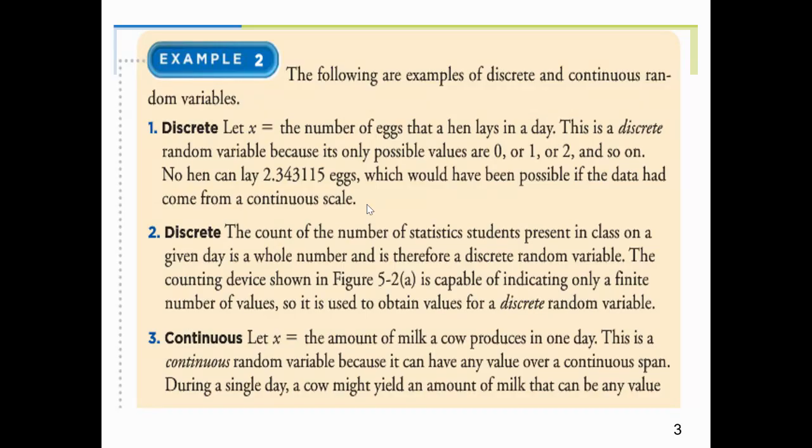All right, number of eggs that a hen lays. It's discrete. Why? Because that hen's not going to lay 2.34 something eggs. Could be 0, 1, 2, or 3, or 4, so forth, up to, I don't know how many eggs a hen lays in a day. It's a counting number, right? Discrete, as opposed to the amount of milk that a cow produces. Could a cow produce exactly 7 quarts? Yeah, but no. Chances are it's going to be some decimal,